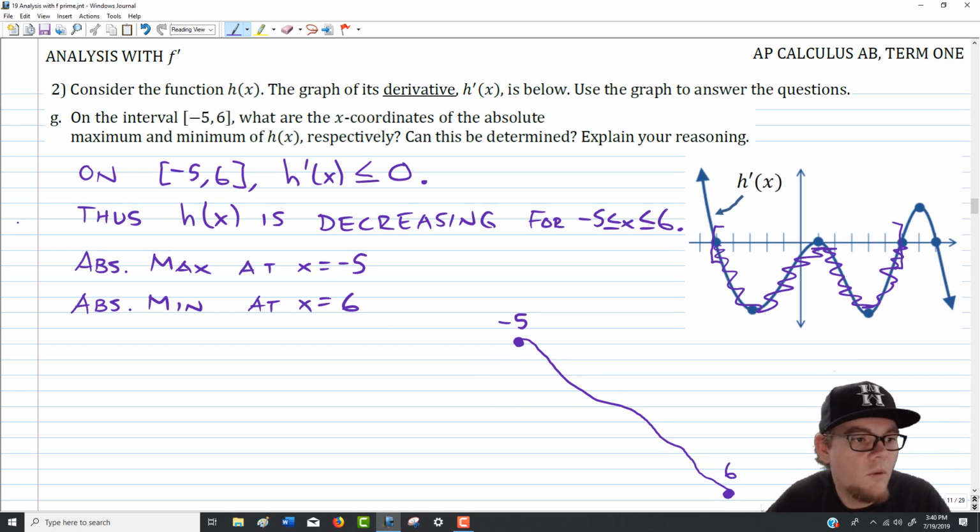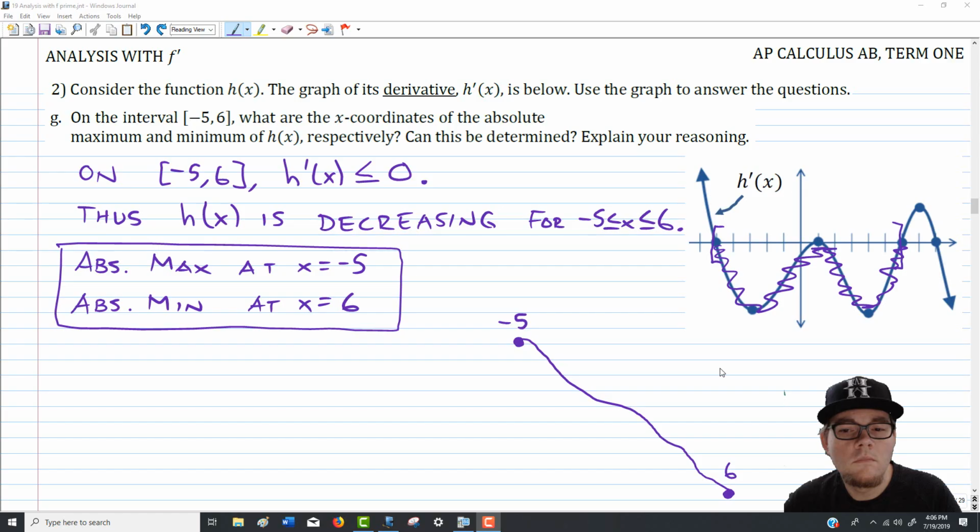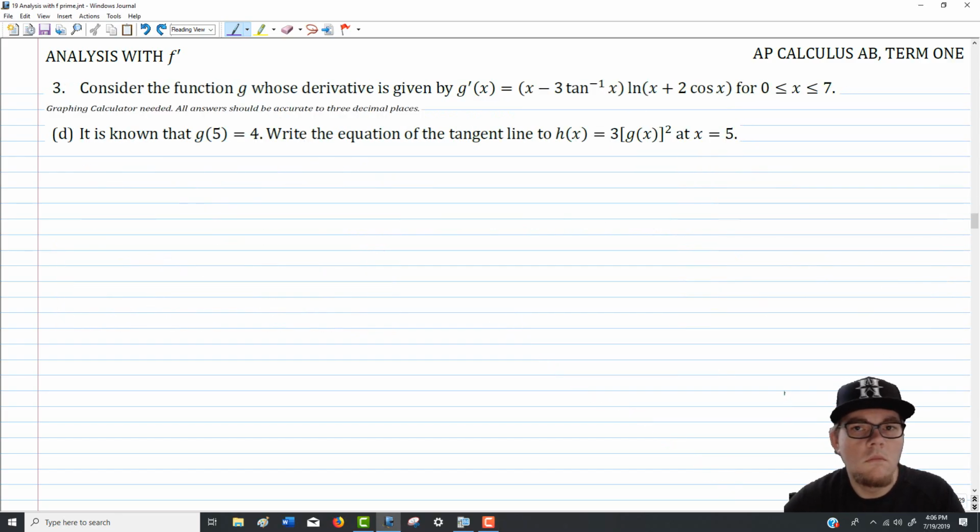So with that said, kind of a weird question. It's a little bit hard to explain your reasoning, but once again, that comes from this information, that work that we did up there. Think about what the implications are based on our derivative graph, and then work your way through from there. Okay,